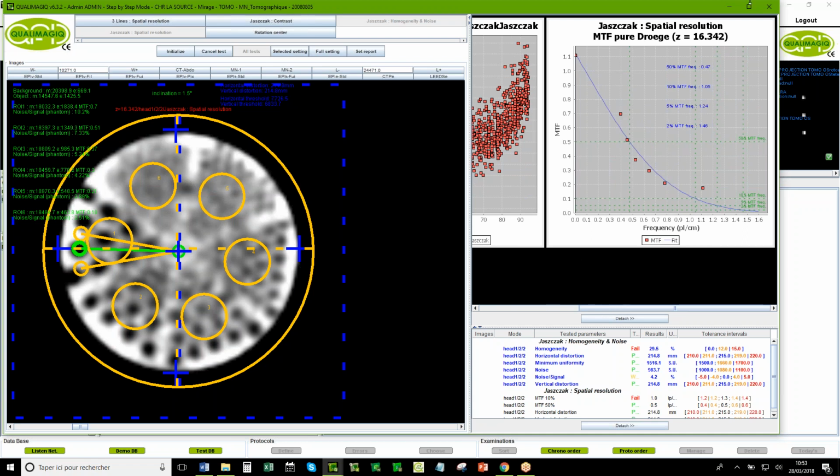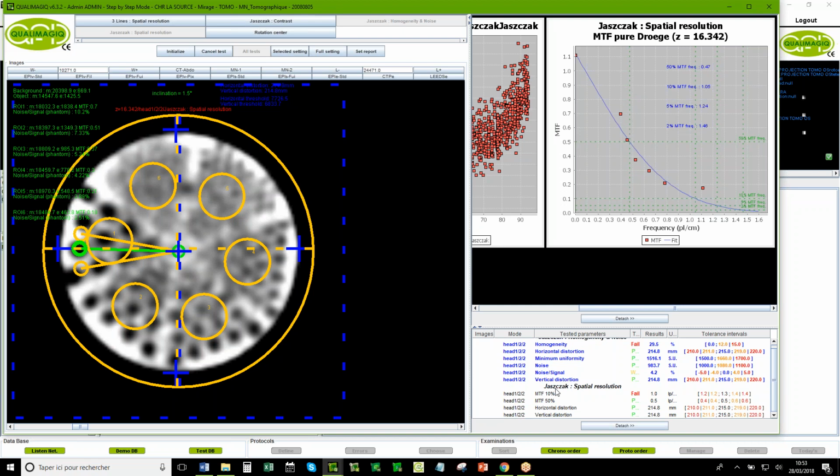And after with the Droge and Morin method, we can evaluate the MTF of the system, and measure the frequency for 50% of the MTF and 10% of the MTF. And because we detect the edge of the phantom, again, we can do a distortion test also with a spatial resolution test. Is it okay? Yes, yes.